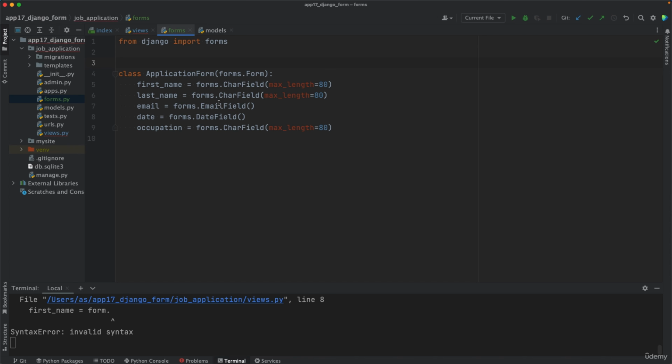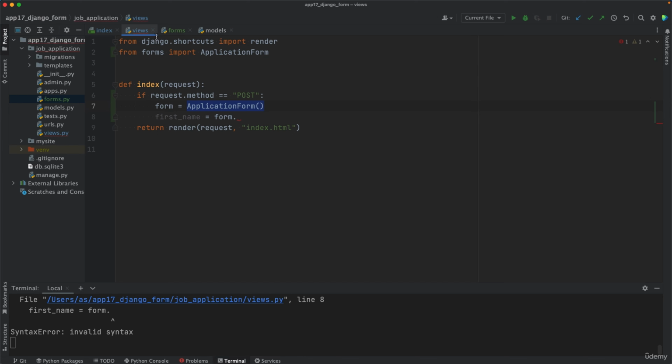So once we have this ApplicationForm class, which inherits from Form, and then we import ApplicationForm from within views, we instantiate it here under if request.method is POST, and then we use that instance, form.cleaned_data, square brackets, first_name. So form.cleaned_data contains a dictionary. So that dictionary looks something like,